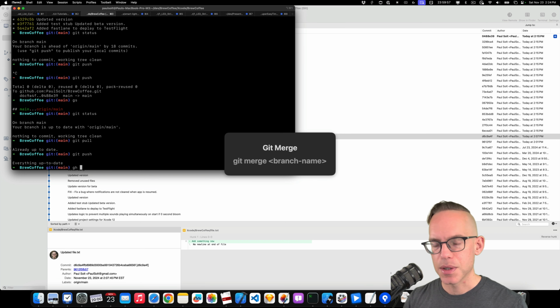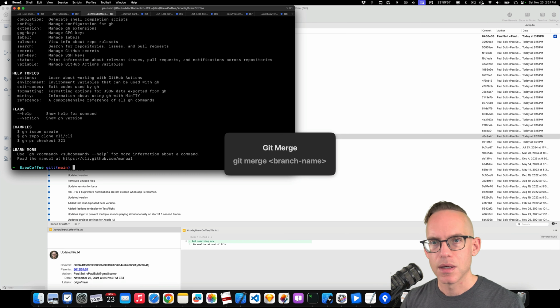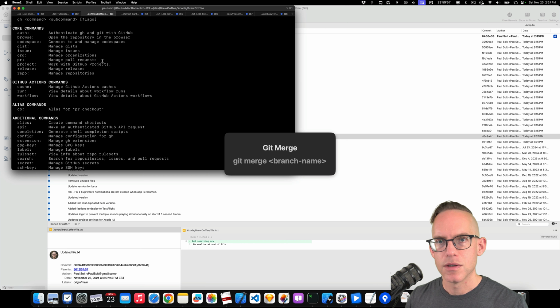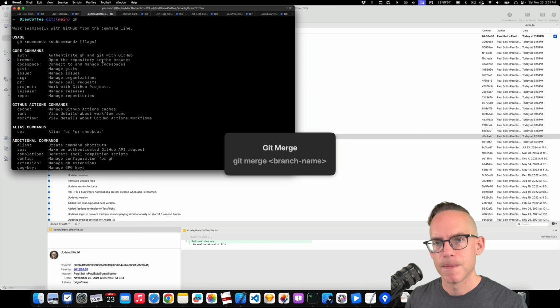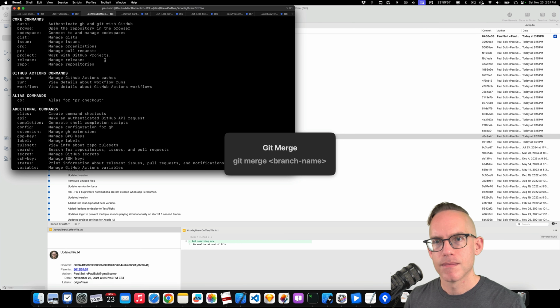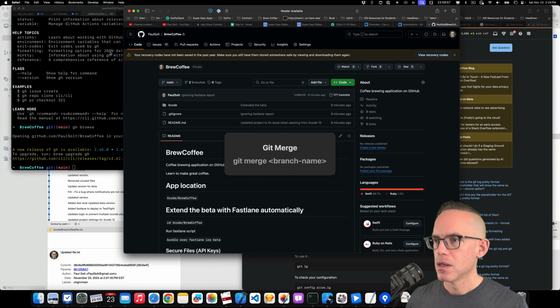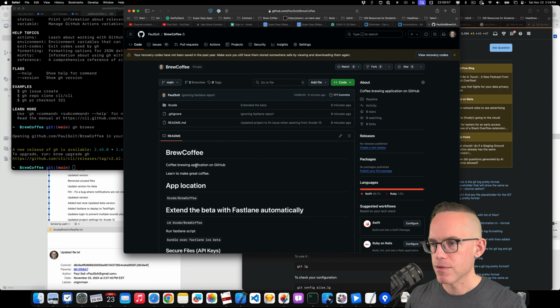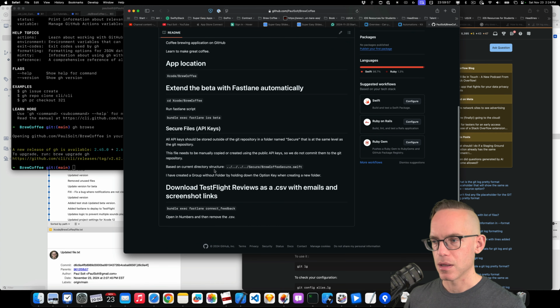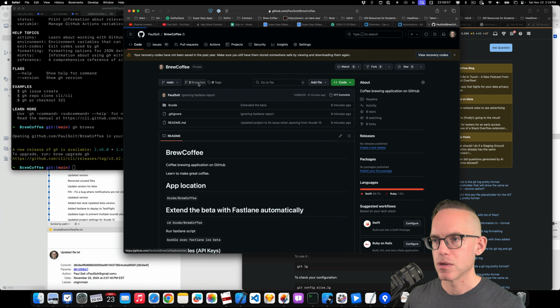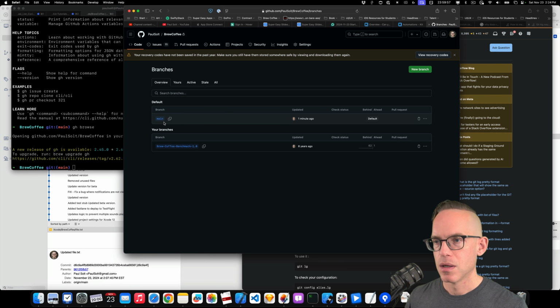I have the GitHub plugin installed, so I should be able to type gh, and there's a bunch of different commands that we can run. So gh browse should open up the repository. This is a private repository that I have on GitHub, and this has my work. And so we should be able to see two branches here. So I see the main branch and